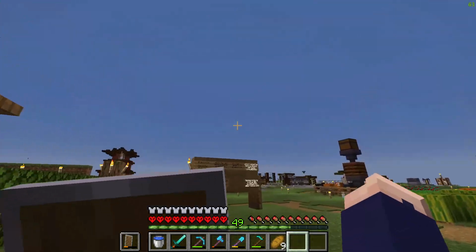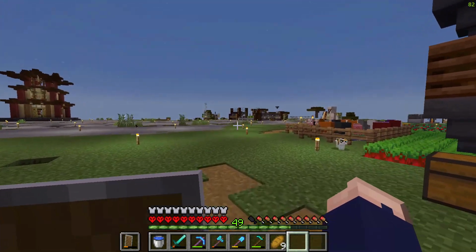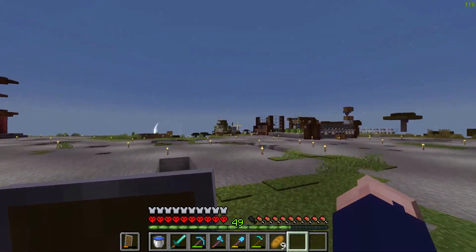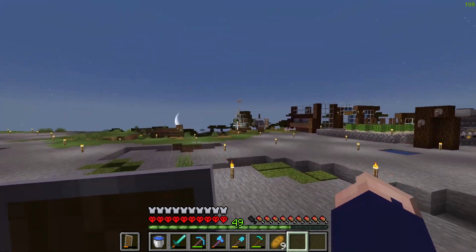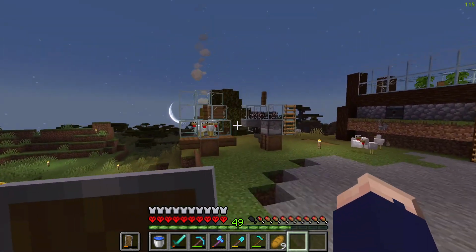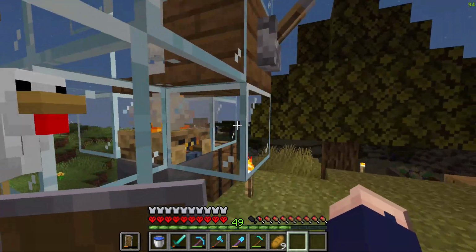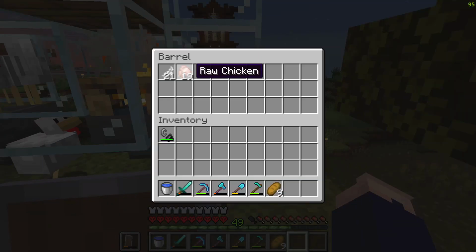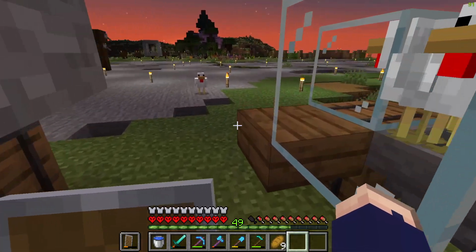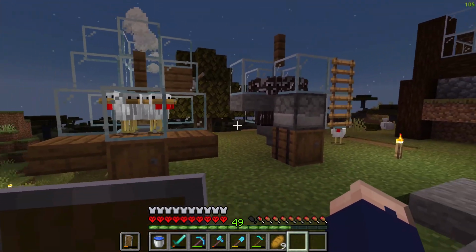Wow, it's already getting dark. Okay, so the next thing I want to focus on is actually the chicken farm over here. I thought I had a pretty clever design with the trap doors, just basically throwing eggs in here, having them hatch, and then dropping them down onto a campfire to cook them, except it just kills them and gives you raw chicken. I want actual cooked chicken, so I think what I'm going to do instead is have